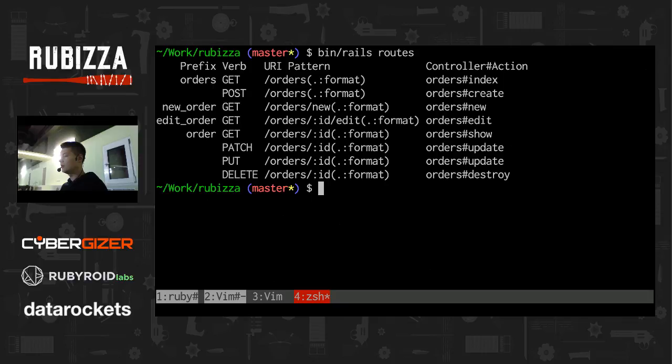We just use a special query in our address string. We type a question mark after our address, and you probably have seen it in different URLs on different websites. For example, filter, we could use filter equal, for example, we want to request only new orders. And if we type our params like this, in our controller we will have